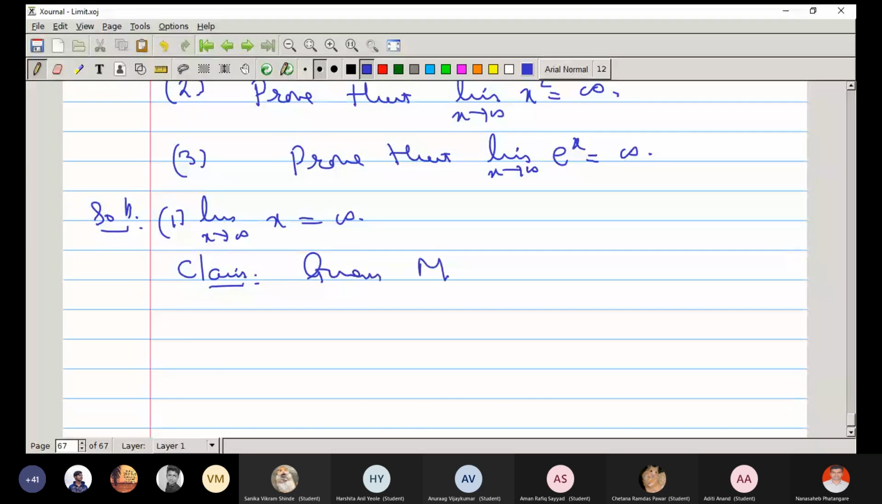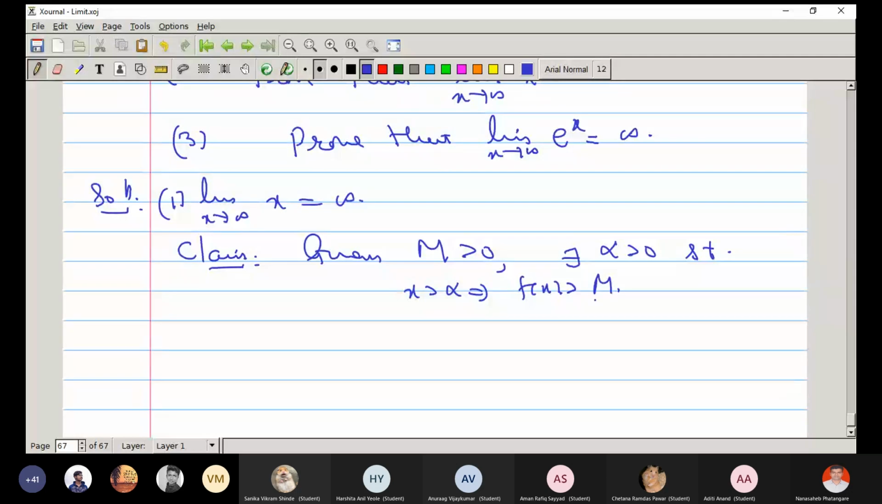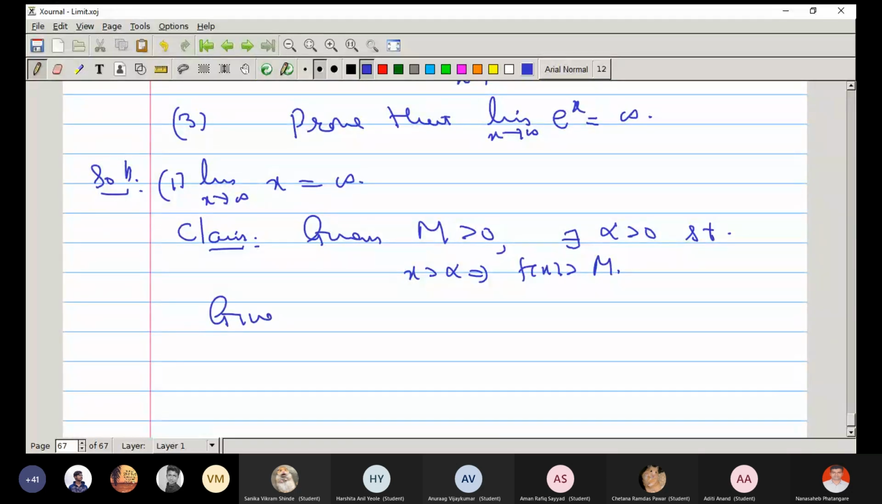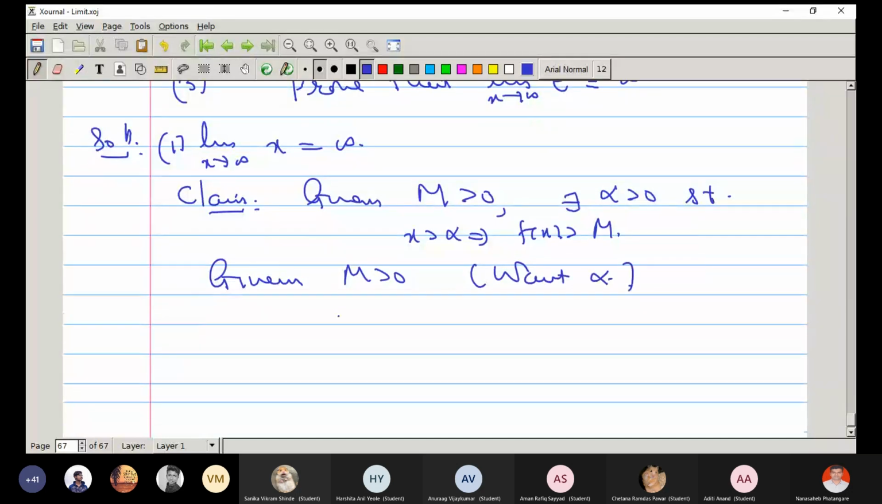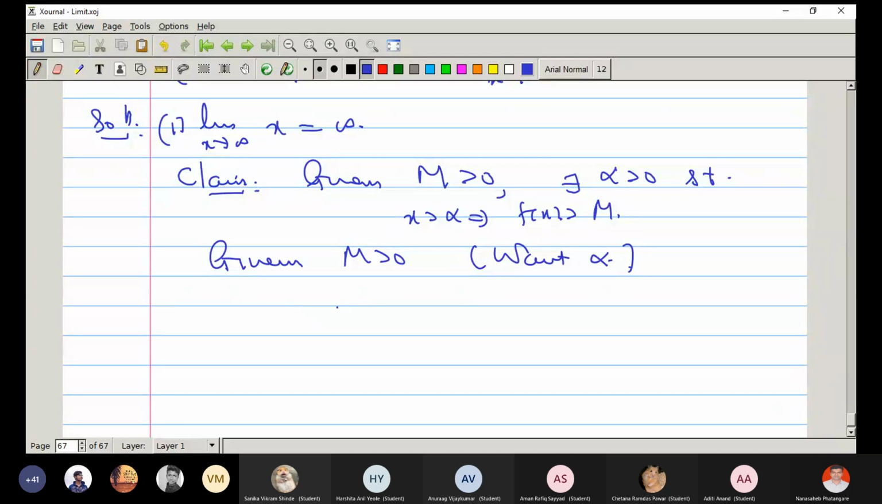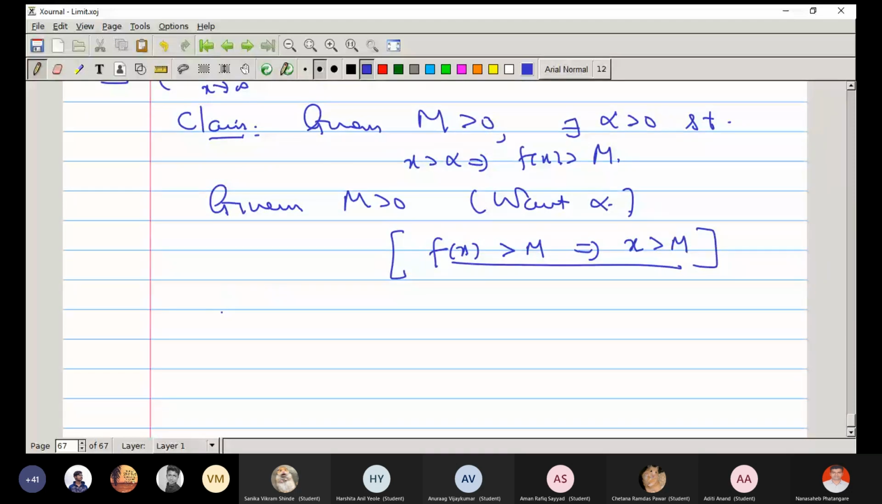Given m, there exists alpha such that x greater than alpha implies f of x greater than m. This is our aim. So given m, we want alpha. But what is f of x in this case? F of x is x. So what is the choice for alpha? We want f of x greater than m, but f of x is x, so x greater than m. From this we understand that we choose alpha the same as m,